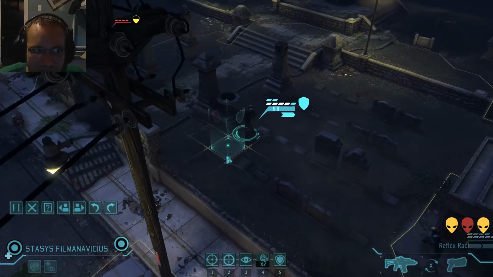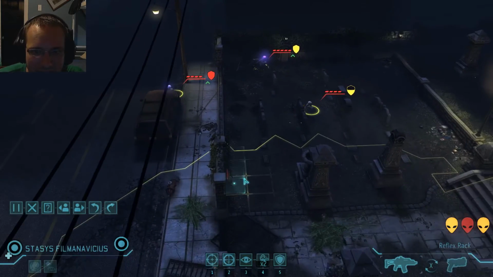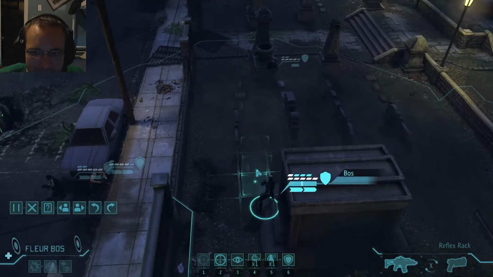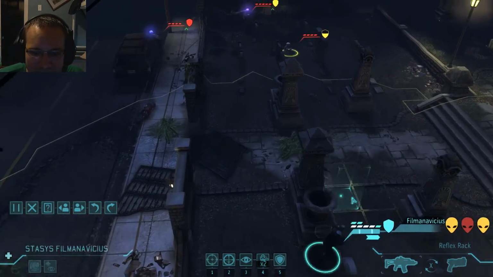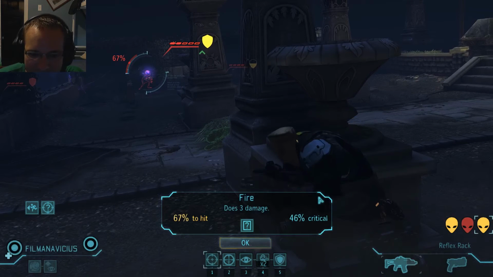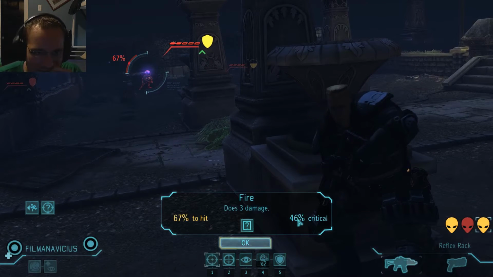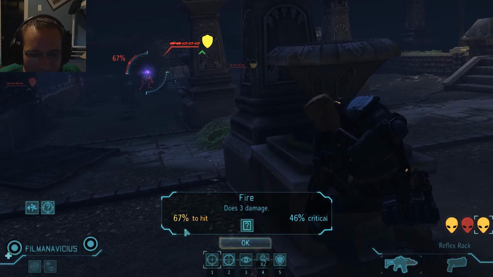Okay, no Overwatch or extra pods, and a good bit of flanking. Lucky, lucky us. Okay, now this does not leave much for us to do. Let's give this guy a shot. So note we've got a 67% chance to hit, 46% chance to crit. That's a little bit lower than normal, but